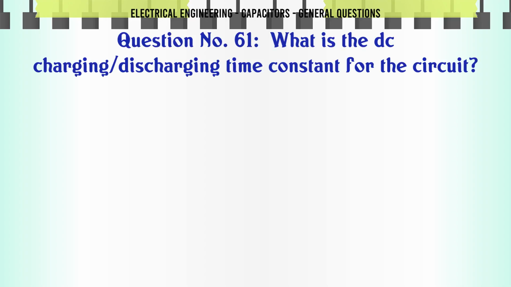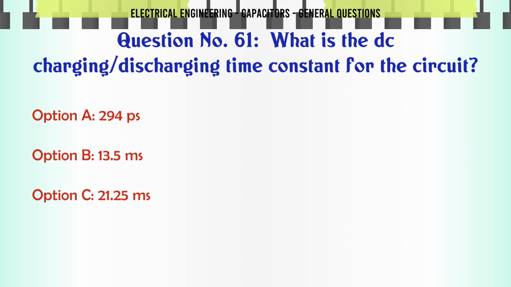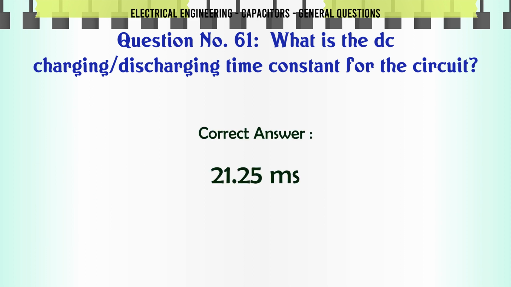What is the DC charging discharging time constant for the circuit? A. 294 ps, B. 13.5 ms, C. 21.25 ms, D. 2.16 Gs. The correct answer is